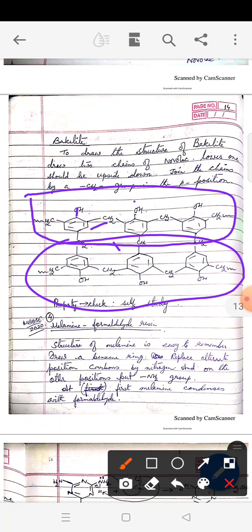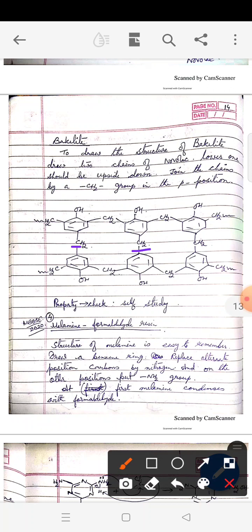You see here I have written OH on the top, so here OH goes at the bottom, and at the ortho position we have the CH2s. So two novolac units you have to write, one upside down with respect to the other. Then at the para position, you put CH2s, and that's how you get the bakelite structure. So far the bakelite structure has not been asked in the board exam, but it's called a cross-linked polymer. It comes under the category of cross-linked polymers, and also under thermosetting polymers. The uses of bakelite I have already mentioned, but please check the textbook to know more about it.